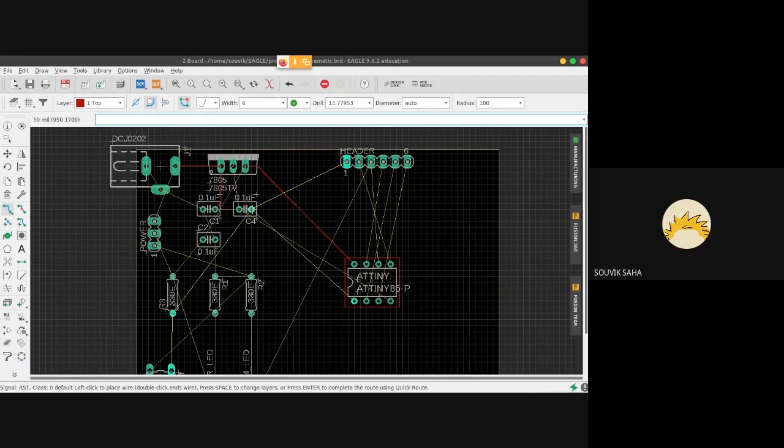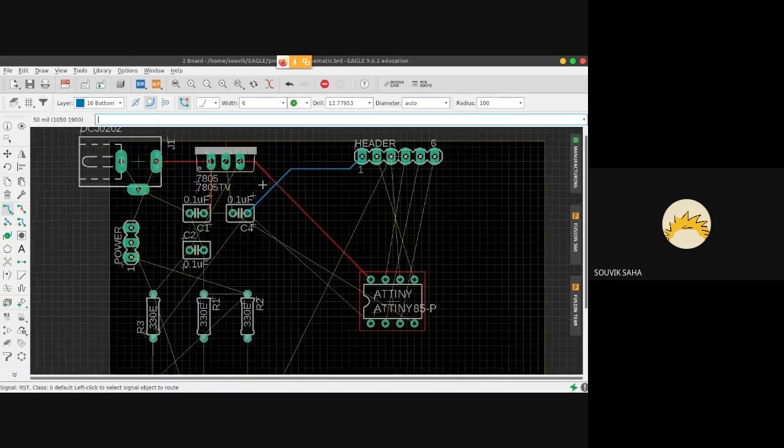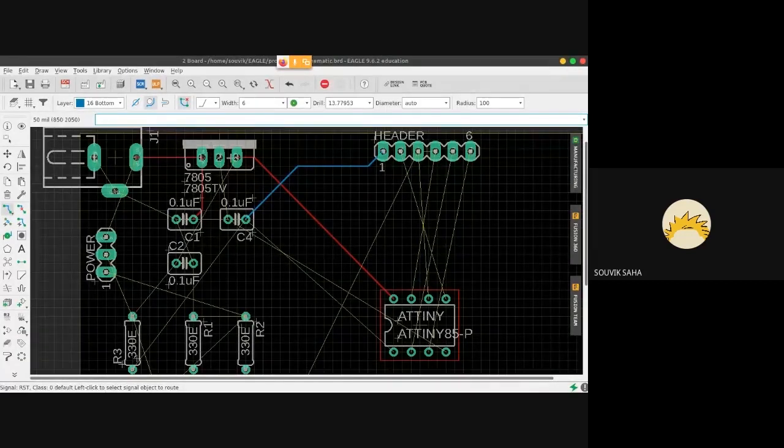So if you have a mouse, you can select the bottom layer, and then you'll get a light blue colored wire, and you can route it like this. Anything that is brown or maroon is on the top layer. Anything that is sky blue is on the bottom layer.